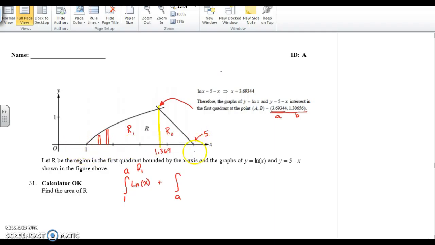You can count it over, or you could plug it in here at 5 and see that 5 minus 5 is 0. And that's the other upper curve, 5 minus x. Go back and make sure we've included dx everywhere. And now I will put this in my calculator using Math 9. And when I do, my answer will be